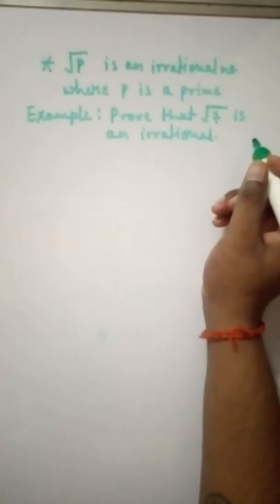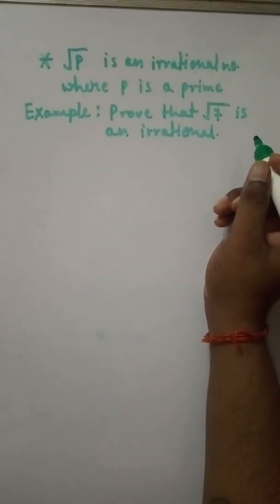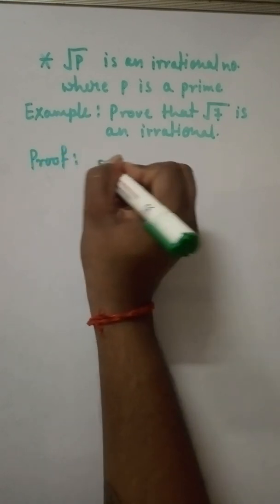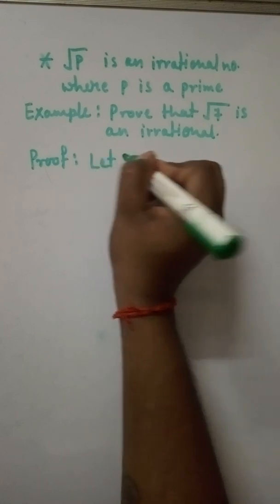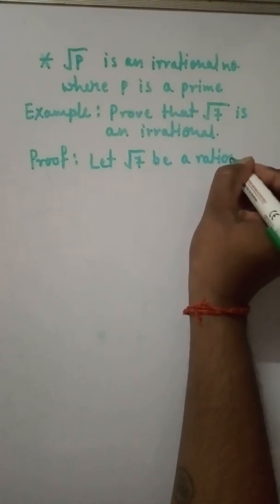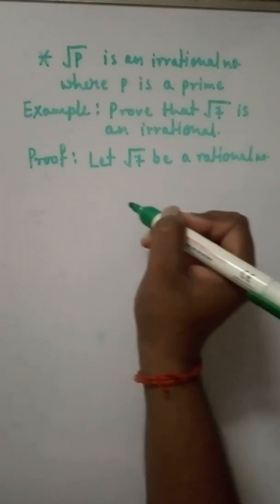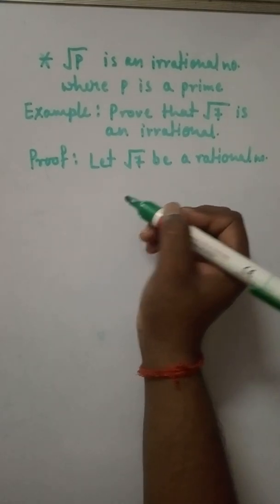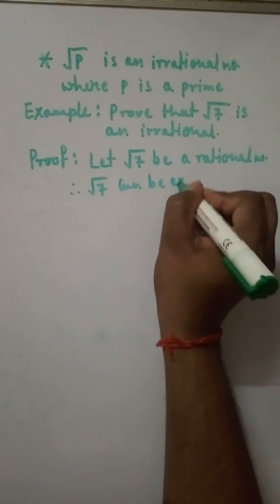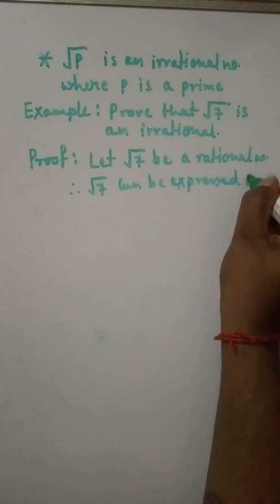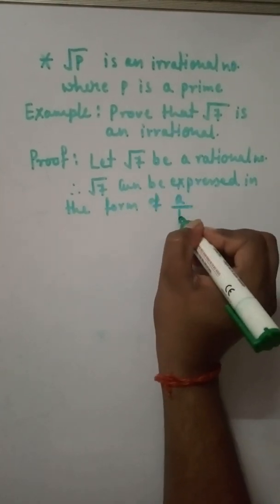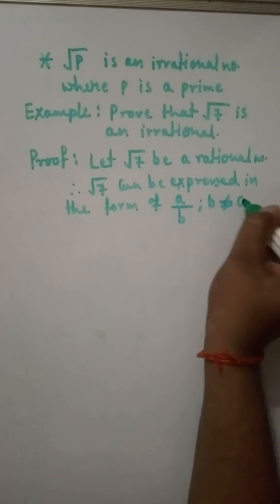I repeat, this is by the contradiction proof method, where we have to assume exactly the opposite of what is given, or you can say the converse. So in the proof part, let root 7 be a rational number, and we all know that rational numbers can be expressed in the form of p by q, or you can take it as a by b, that's your wish. Therefore root 7 can be expressed in the form of a by b,